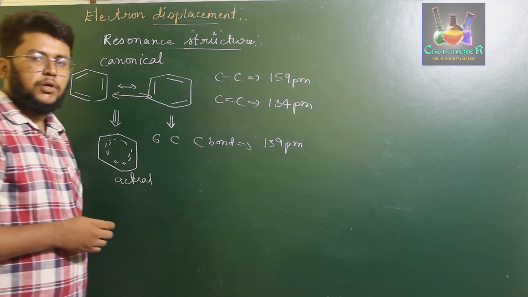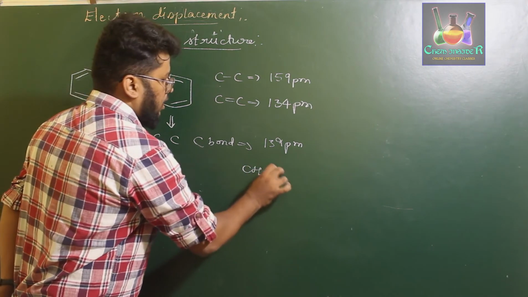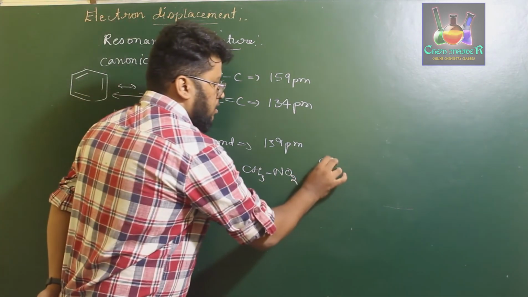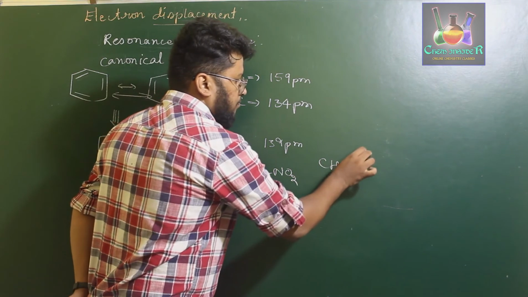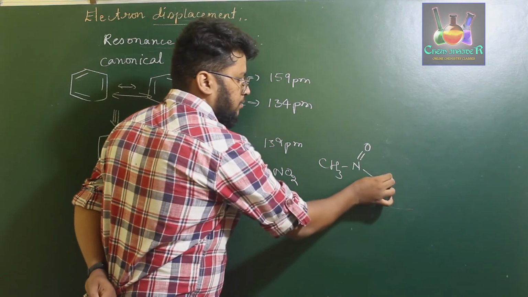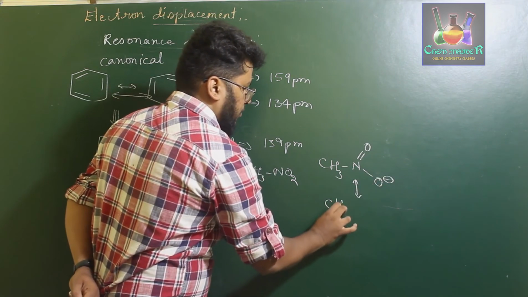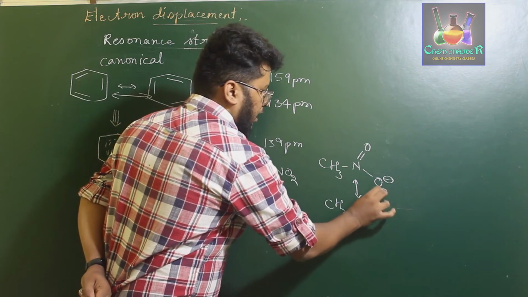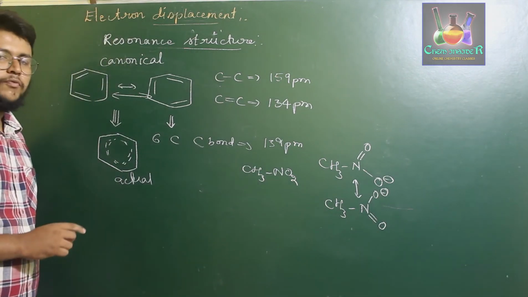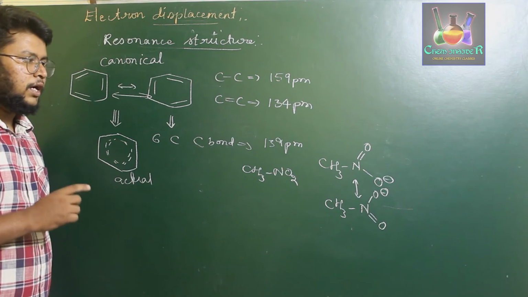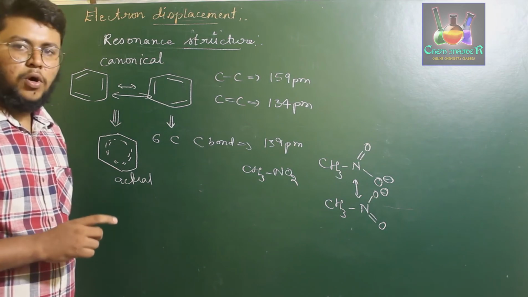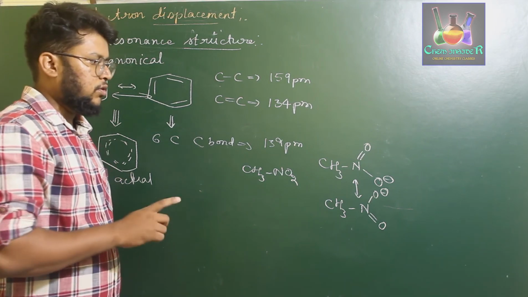Now, consider one more example, CH3NO2. If you consider the structure of the CH3NO2 molecule, which has CH3 and nitrogen in this particular way, the negative charge on this oxygen might be shifted between the nitrogen and the other oxygen atom like this. Therefore, what we observe is, when you compare the bond lengths of N double bond O and N single bond O, which should be separate, what we found was that the bond length was only one type between the nitrogen and oxygen atoms.